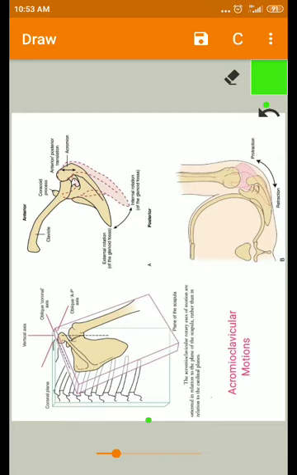So for all these reasons, the studies which were done on the motions of the acromioclavicular joint are inconsistent. They are not up to the mark because the results do not clearly show that some movements are taking place. Those movements are taking place in which axis? Because of its small joint, the motions are taking place in different directions on different planes and axes,